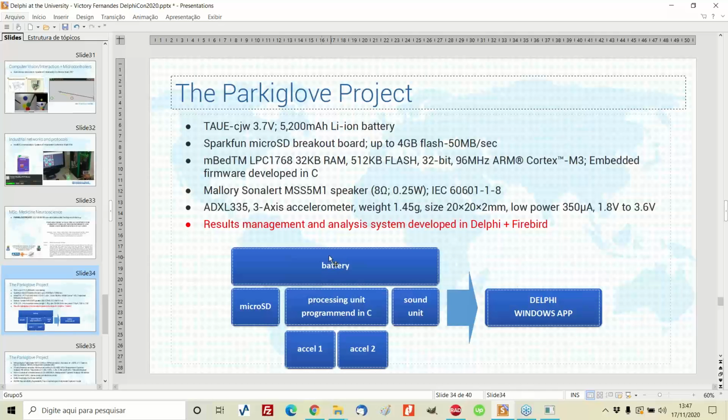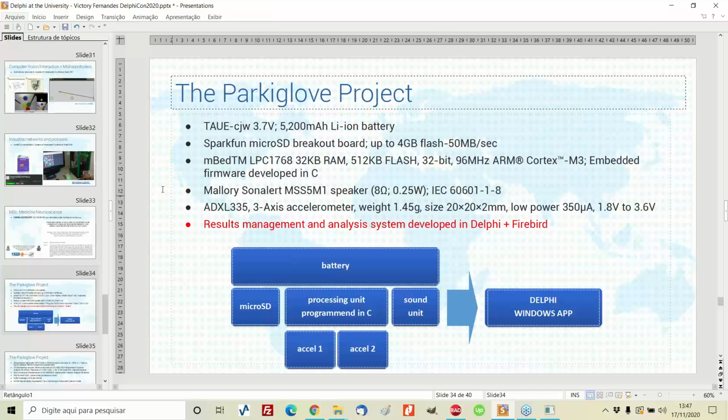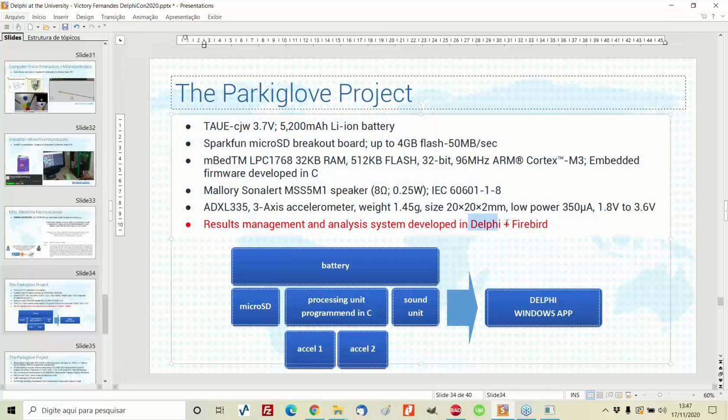It's a hardware that has a battery, a micro SD, a processing unit running embedded firmware developed in C, a sound unit, and 2 accelerometers. This thing puts together a lot of technology. I put the references here if you want to check. But the point is that everything here outputs data to a Delphi plus Firebird application.